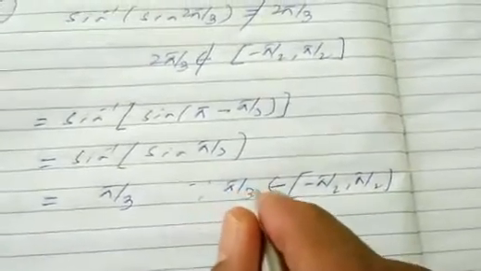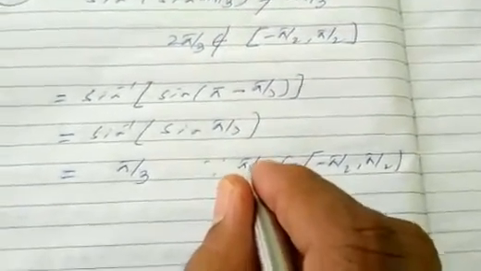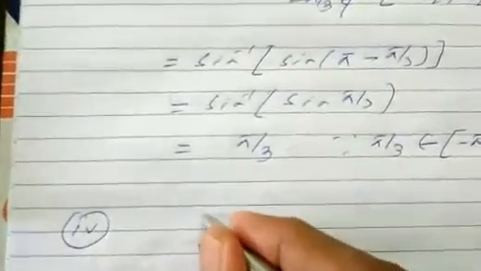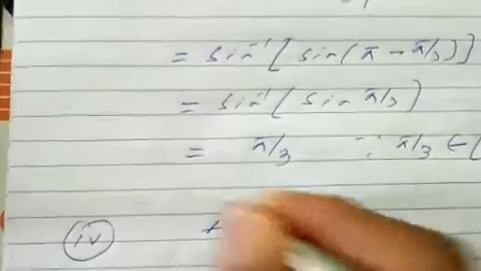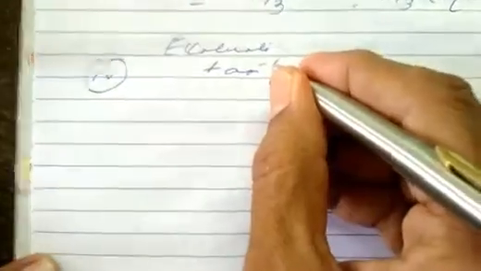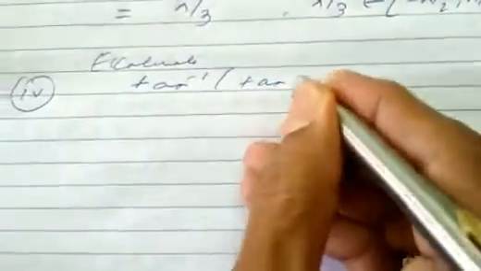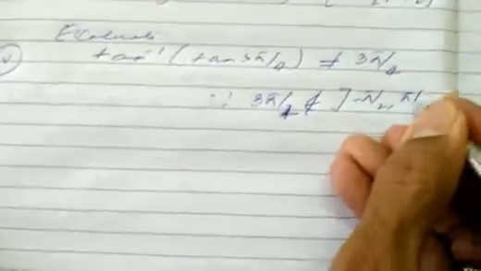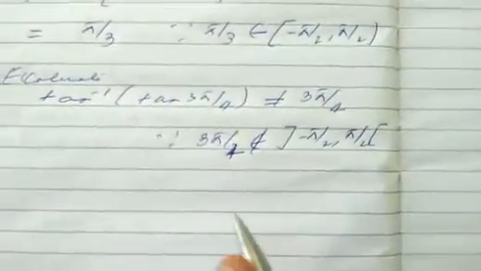What exactly I am repeating again and again, you should stick to it. I am putting the fourth example for this one. This is tan inverse, evaluate tan inverse of tan 3 pi by 4. Is 3 pi by 4 the answer? No, 3 pi by 4 will not be the answer, since 3 pi by 4 does not belong to minus pi by 2 to pi by 2, as the range of tan inverse is the open interval minus pi by 2 to pi by 2.